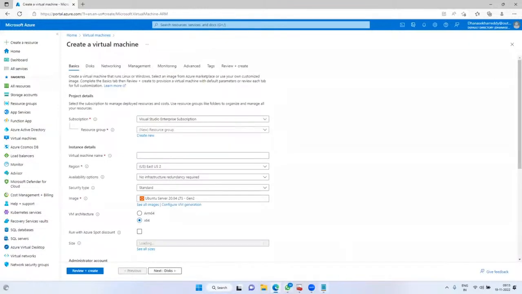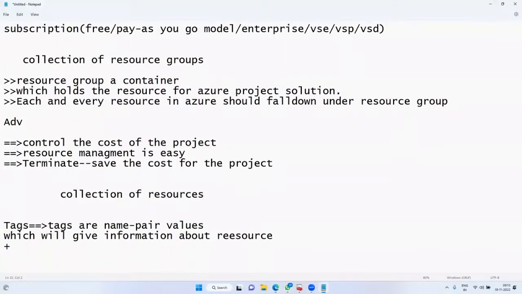Let me quickly summarize. You know what a virtual machine is, right? A virtual machine is like a physical server. If you install Windows Server on your laptop, your laptop becomes a server. That is a physical server. Virtually means we host the environment virtually, and if it is not required after some time, we can go and destroy it. Here the machine can be created